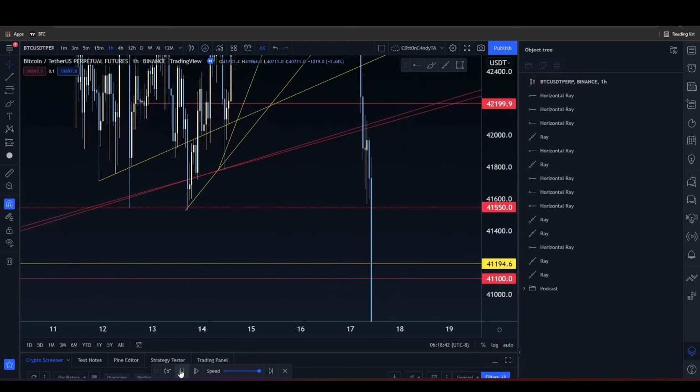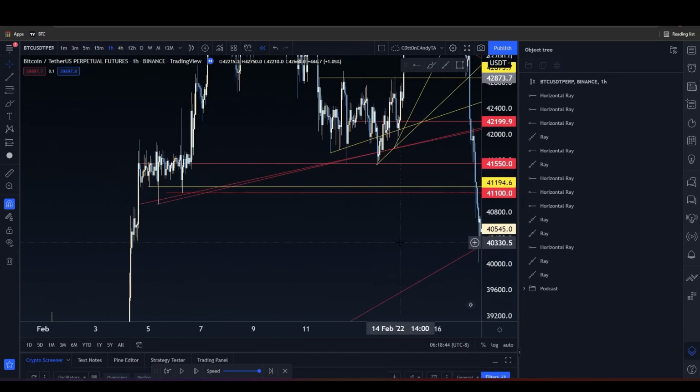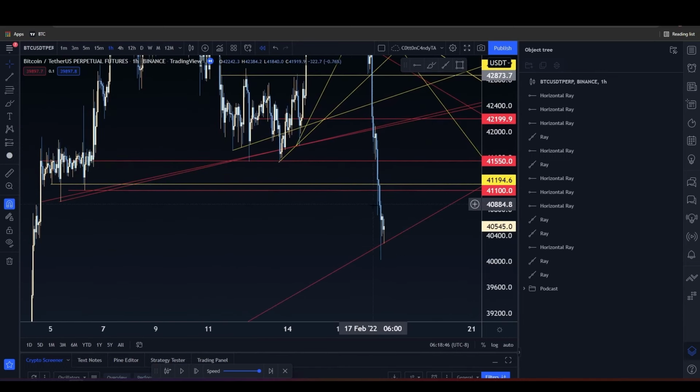Right, we were here already. Looked at this. Falls right down to, yeah, okay, so this is where we left off that day. Good. So falls right down to that level. And I believe some people had been in this trade and got out, and that's really the key of that